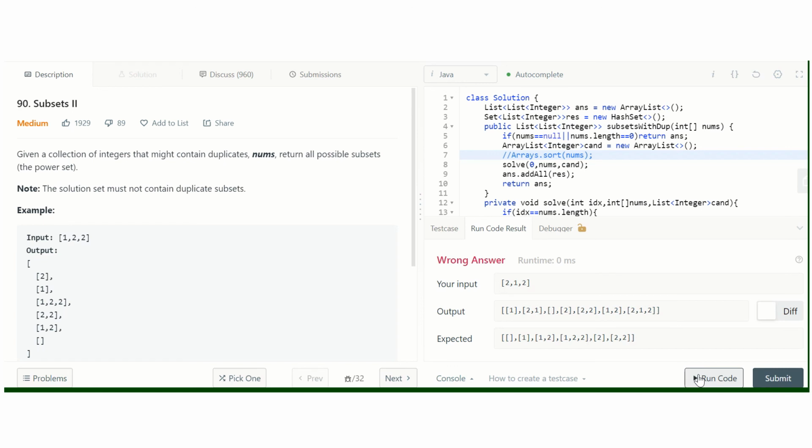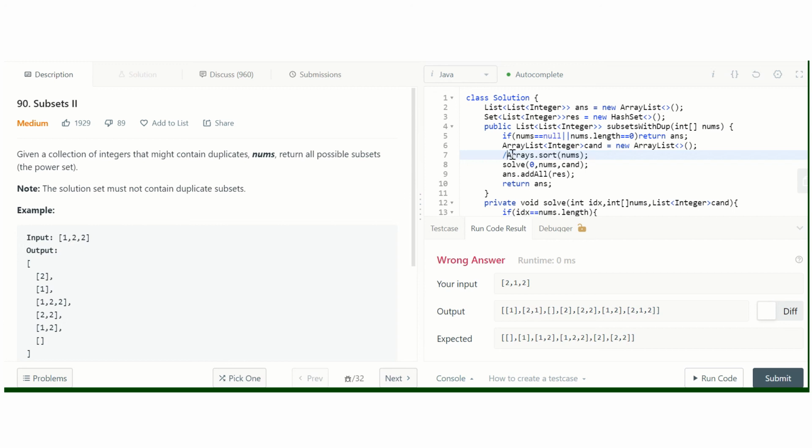As you can see, the output is wrong. In our output there are more elements: 2 1 and 1 2 are both there, but this has to be considered as one set, 1 2. If you do not sort the array, then these kinds of cases will appear, so for handling these cases we need to sort the array.